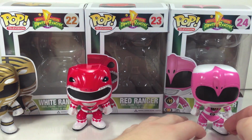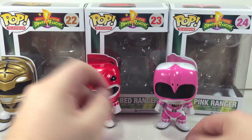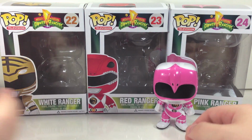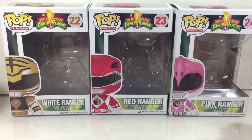Ranger, the Red Ranger, and the Pink Ranger. These are the first three released. No idea if they're going to release any more. This is just a joint deal between the 20th anniversary and Funko to make some pop culture related things, and everyone knows MMPR equals pop culture, so we need Mighty Morphin Rangers. But anyway,